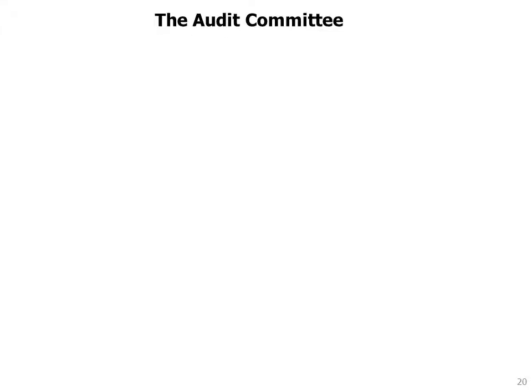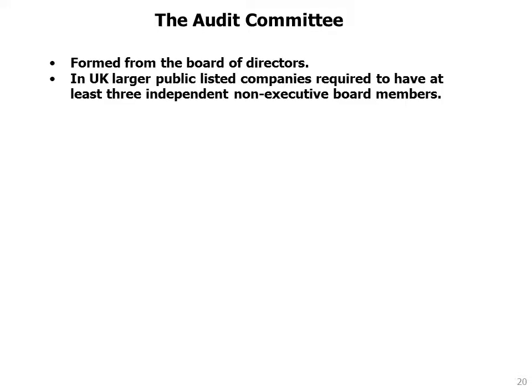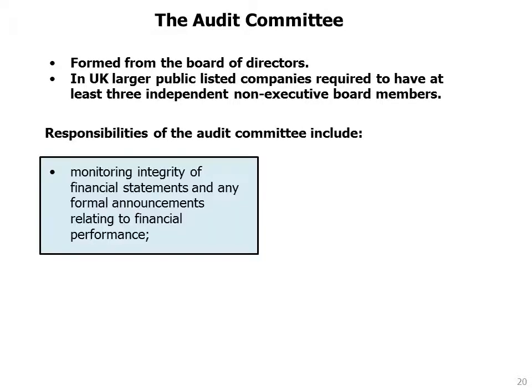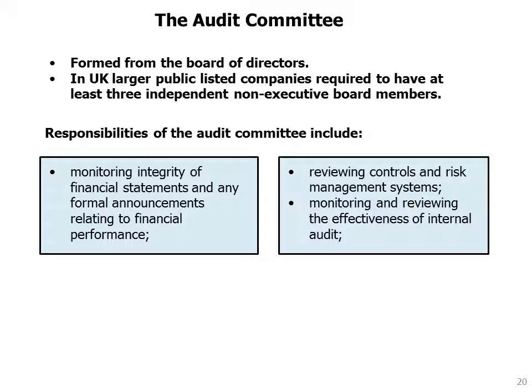Let's move on to the audit committees. The audit committee are the guys who are supposed to be helping prevent this sort of action. So formed from the board of directors, in the UK, larger public listed companies are required to have at least 3 independent non-executive board members on the audit committee. And responsibilities of the audit committee include monitoring the integrity of financial statements and any formal announcement relating to financial performance, so the external part of reporting,